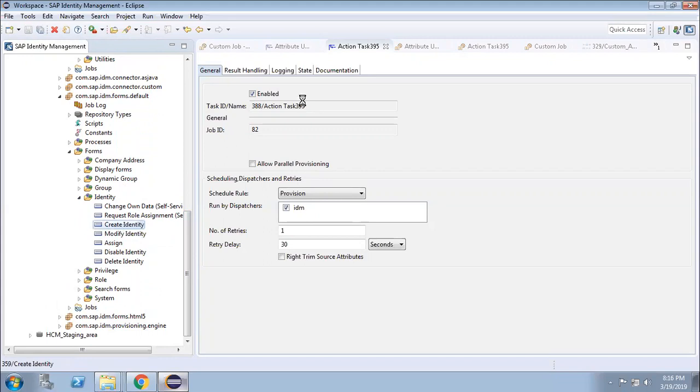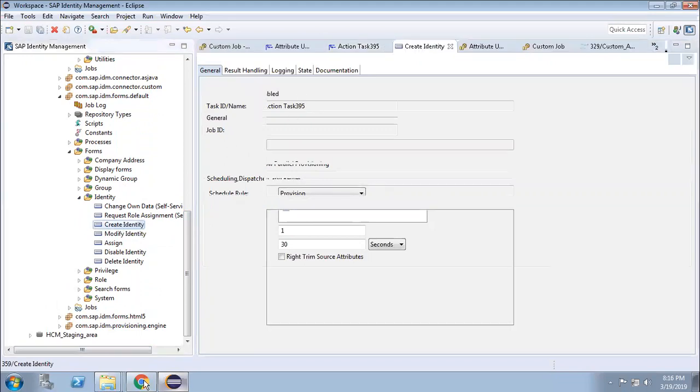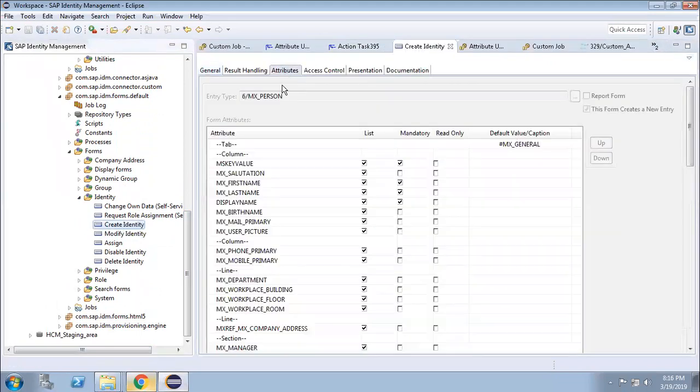In this form you can create the user ID, the MSKEY value, salutation, first name, last name, display name, whatever values are there. So you already have a standard thing that you can use.